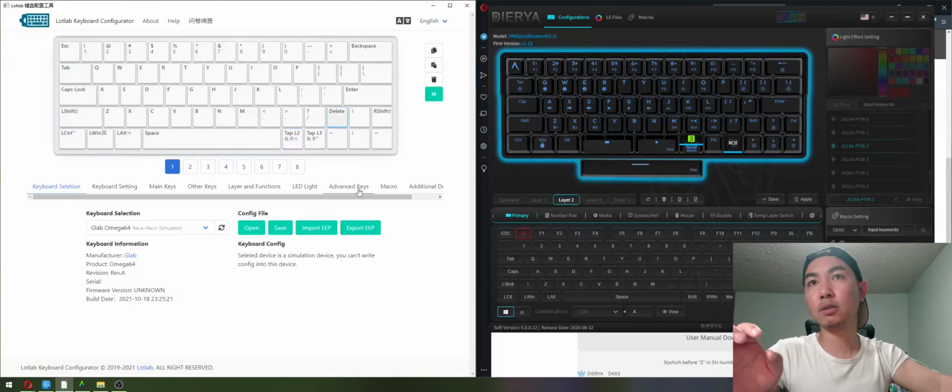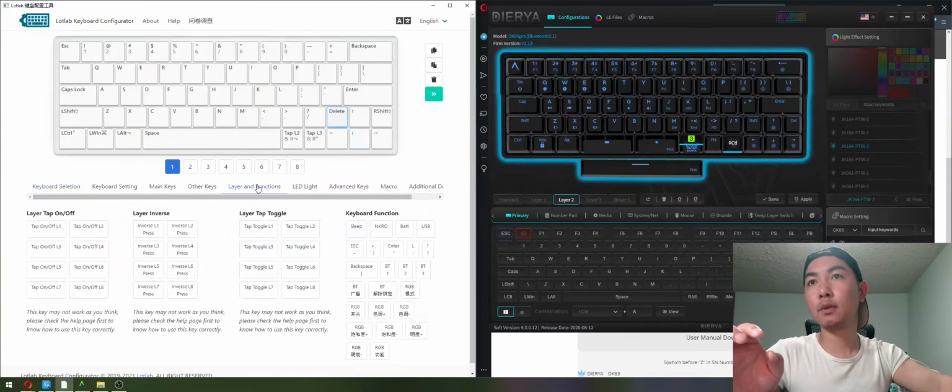All right, so you just go to the layer and function. You can tap on off layer 1, or if you want to switch to layer 2, you can do it anywhere. You can use any key to switch. That means any of these keys can be a function key, like in the traditional keyboard. They can move position. You can put it anywhere, and you can do up to